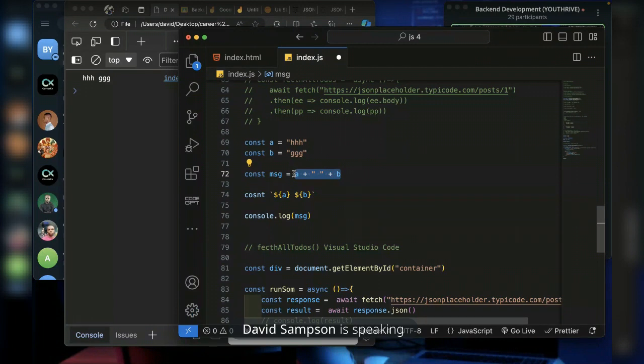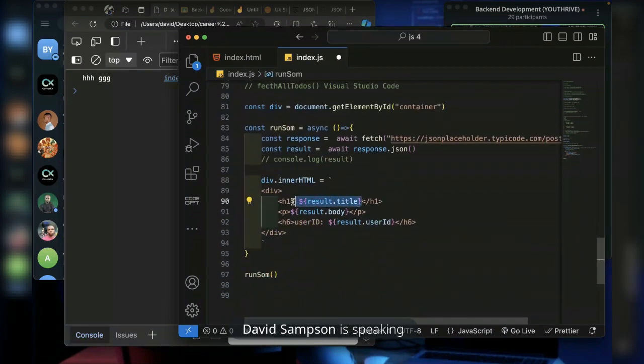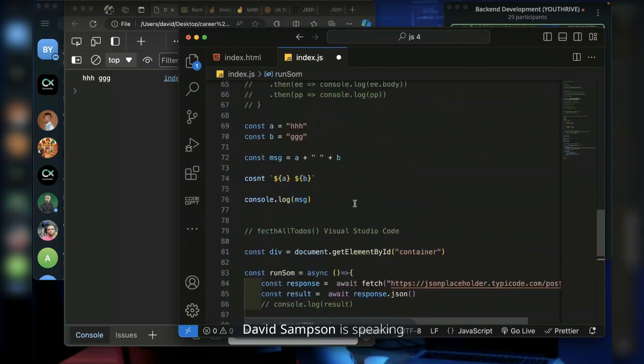Now, for those who are joining us for the first time, I know you don't know what ES5 and ES6 mean. ES5 is like the older version of JavaScript, and ES6 is like the newer version of JavaScript. So this is how to do it the old way, and this is how to join variables the new way. If you want to use a variable inside a string, which is what we did here, that is why we're adding $ and curly braces.